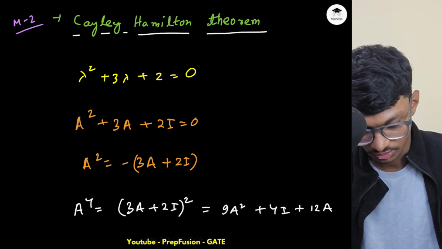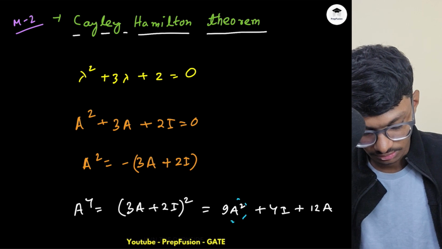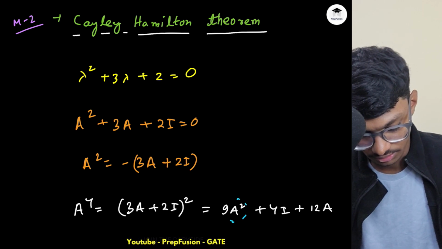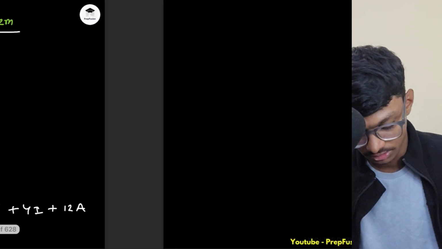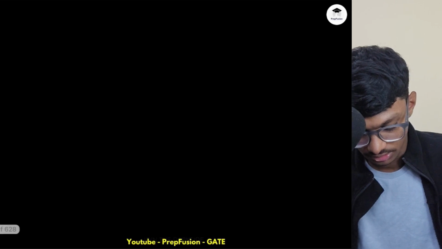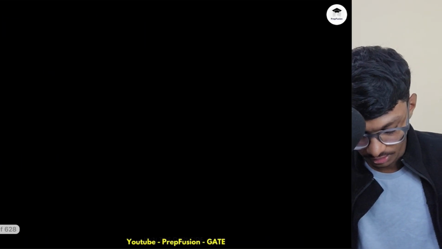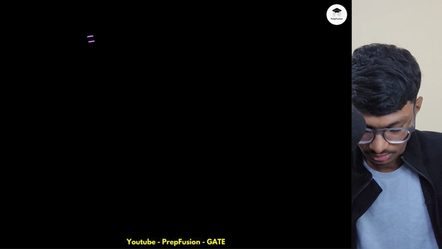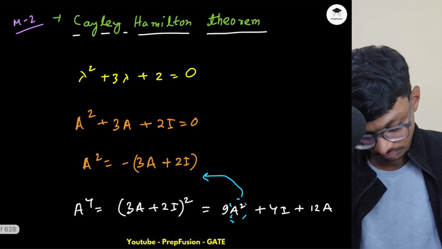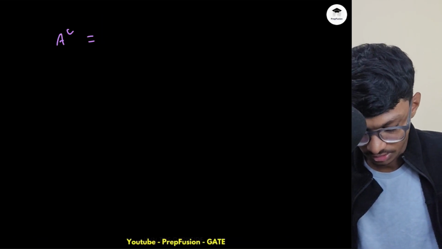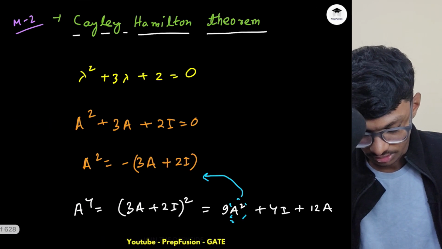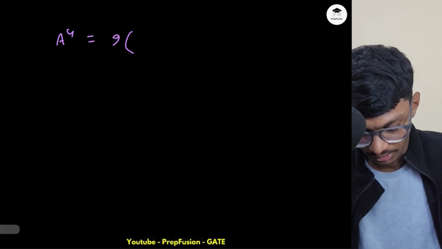A square is this. So I can write my A square as this. If A square is this, then this is equal to A raised to power 4, 9A square. A square is minus